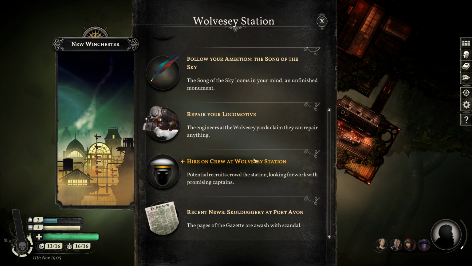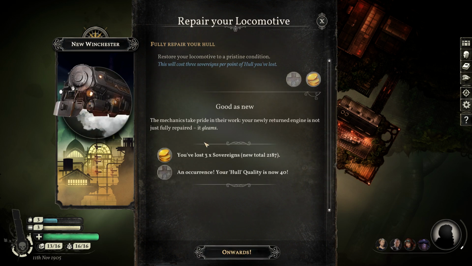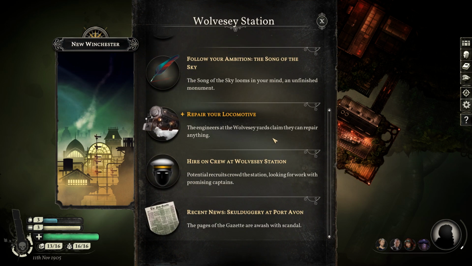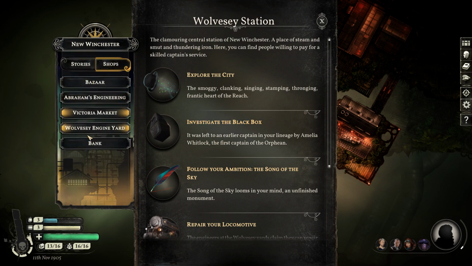Has it been that many days already? We could repair our locomotive. Pay 3 sovereigns to top the hull off. May as well. 3 sovereigns is an amount that we won't even notice missing. And then we're going to go down to...